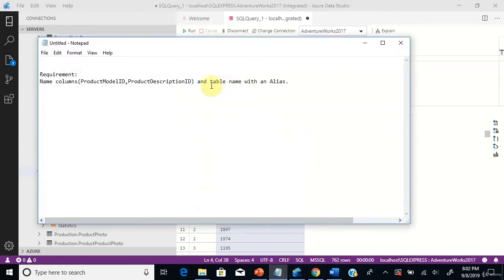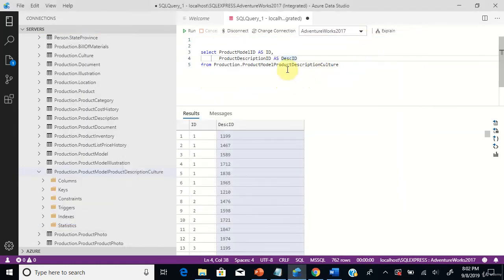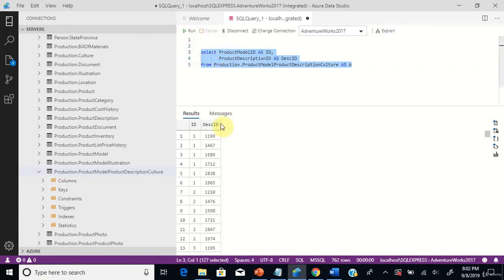Next we want to give an alias name for the table. So go back to the query, and for this table we are going to give an alias name because it's a pretty long name. We can't use this every time in the query. So the alias name A we are assigning to this table name. This is a temporary name which will be displayed only in the output. So you see no values got changed after using the alias name.